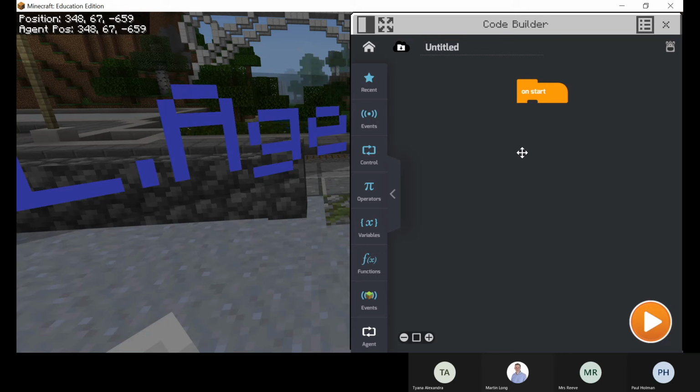So what's the point in spending ages building a wall? You could program it to, on start, move forward one space, place a block, move forward another space, place a block, place 10 blocks, turn left 90 degrees, place another 10 blocks, turn left 90 degrees, and so forth. So you're starting then to teach elements of STEM, you're teaching maths, you're hitting your computing and science curriculum. All of this is happening within Minecraft Education Edition.